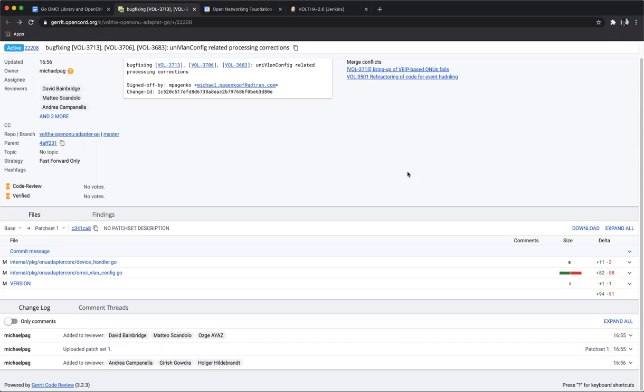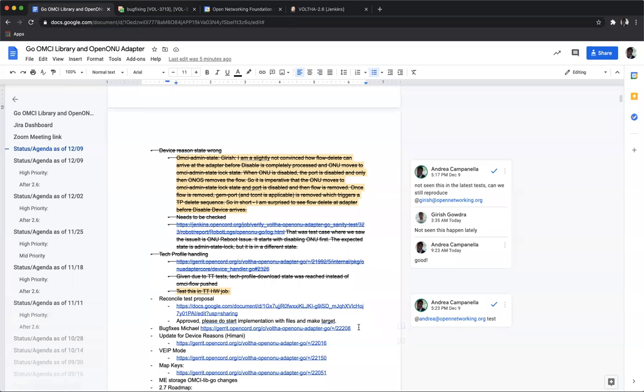So I'm just gonna give a review of this, and I'm gonna ask Girish to do the same. And if we are both okay with the patch, we might merge it on master. And if the nightly tests pass on master, we could possibly look at merging it on the 2.6 branch as well. But thanks for taking the time of pushing these bug fixes, Michael.